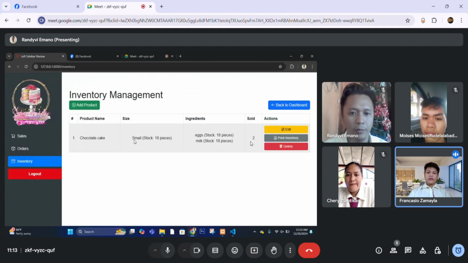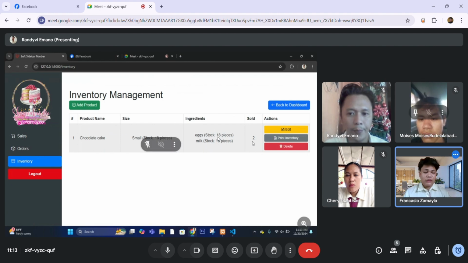So as you see, you can see that chocolate cake small stock is 18 pieces. So the stock we added earlier is 22. So the stock of eggs 20 got minus, and we can see the sold two and the stock are minus it.